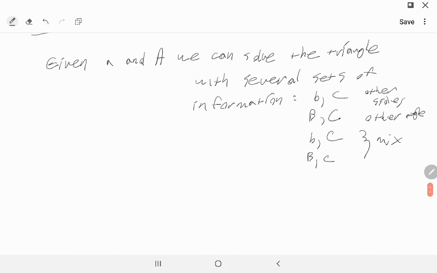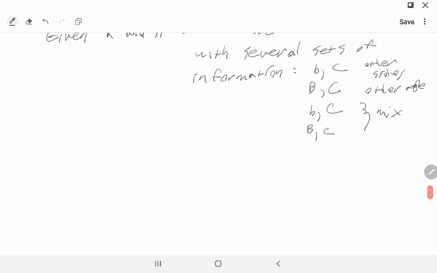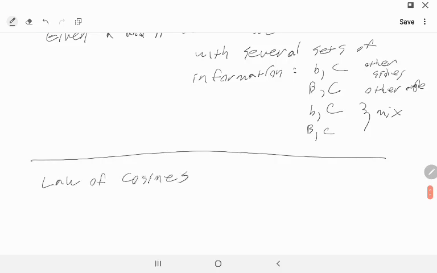So the trouble is, what if we're not given lowercase a and capital A? We have another trick we can use called the law of cosines. So the law of cosines is a bit fussier. The law of cosines lets us know that for any triangle,